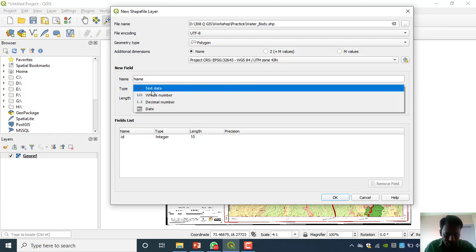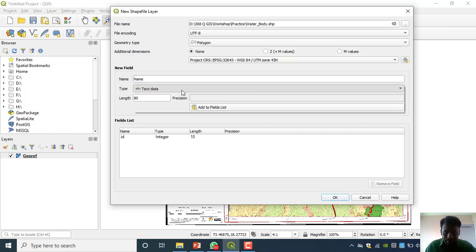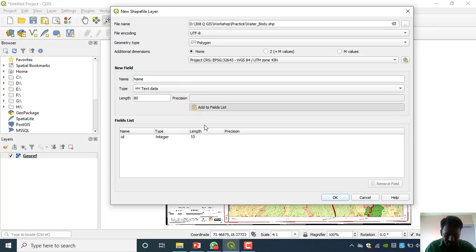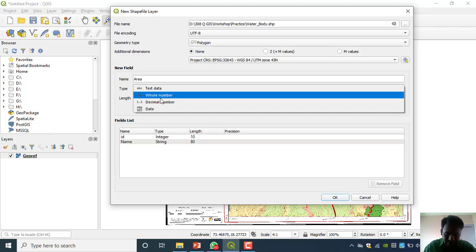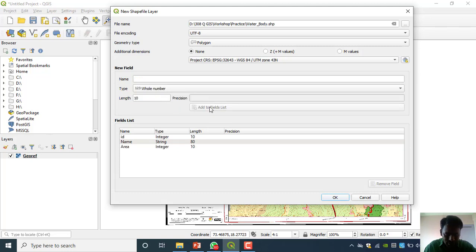Okay, we'll go with text data, because we have to write the name now. We'll take text data, length sufficient, add to the field list, name string 18. Now I am going to add the area of that water body, which is a number. Area, then we can say name, area,